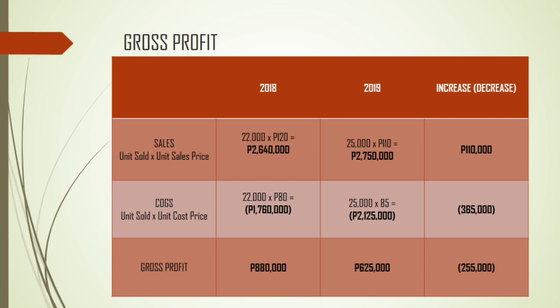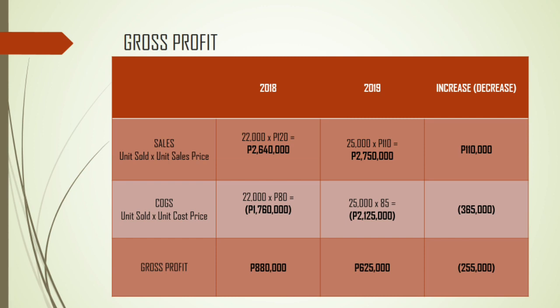Next is the cost of goods sold. For the cost of goods sold, the unit sold for the year is 22,000 times the unit cost price for the year 2018, 80 pesos, and we will be getting 1,760,000. For us to get the gross profit, we will be subtracting 2,640,000 to 1,760,000 to get the gross profit of 880,000. And we will do the same thing for the year 2019. The unit sold for the year 2019 is 25,000 and the unit sales price is 110 and we get 2,750,000. For the cost of goods sold, the unit sold is 25,000 times the unit cost price of 85 and we will be getting